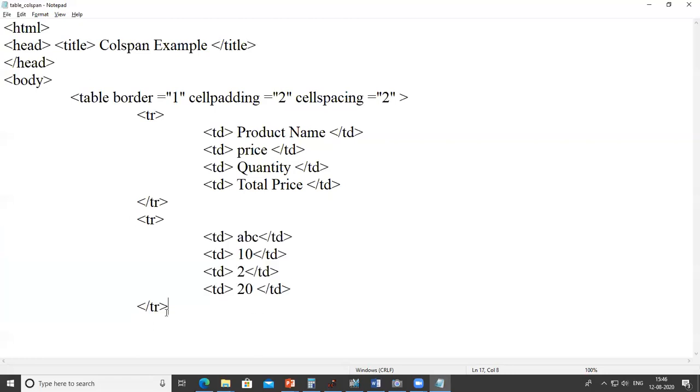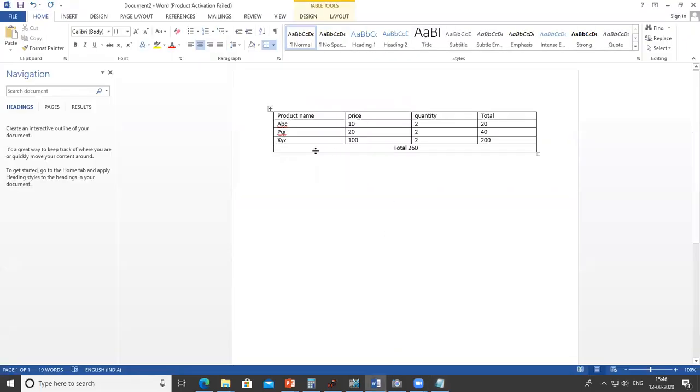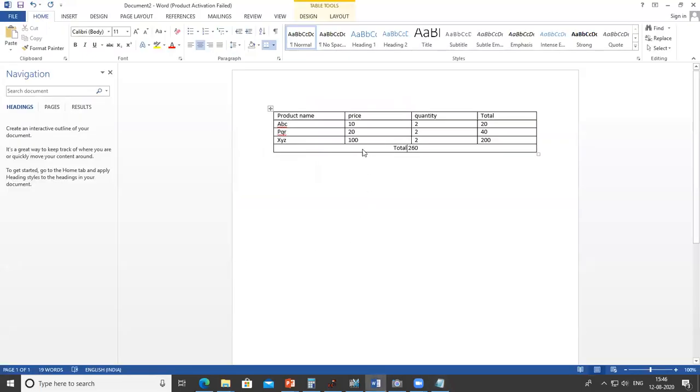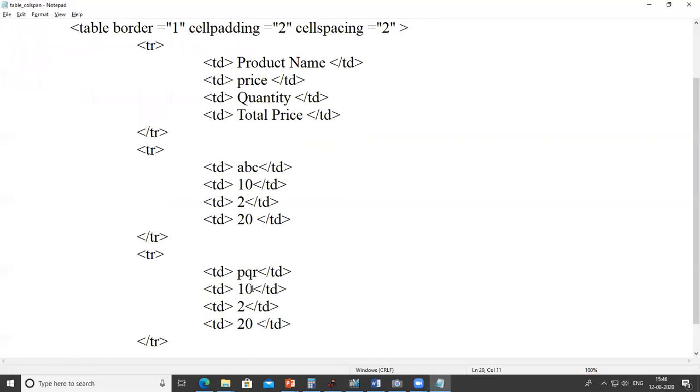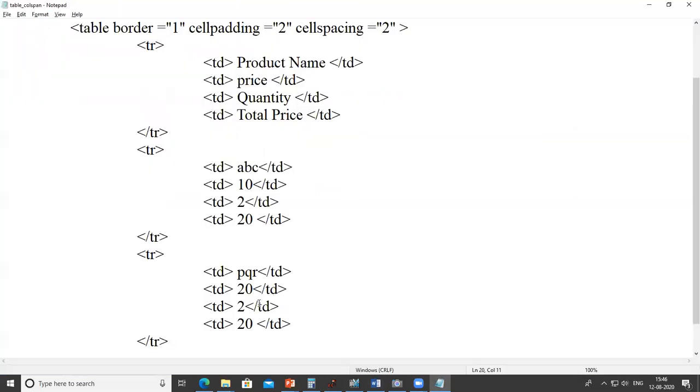Again, I copy with one more TR. In that, just change the product name with PQR. It's 20. And quantity 2 and price 40.